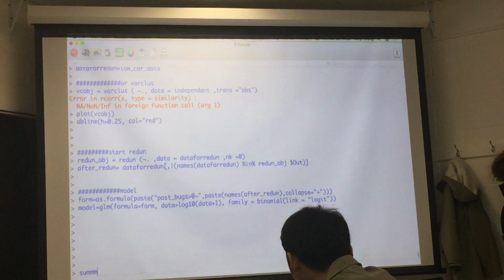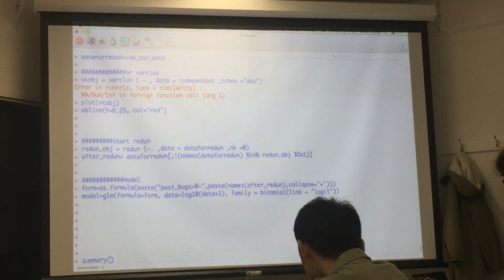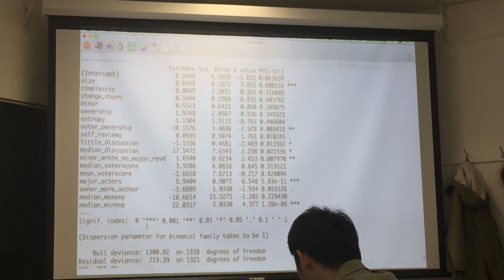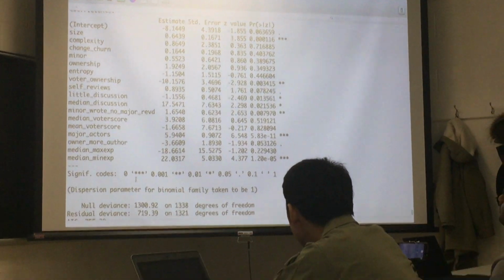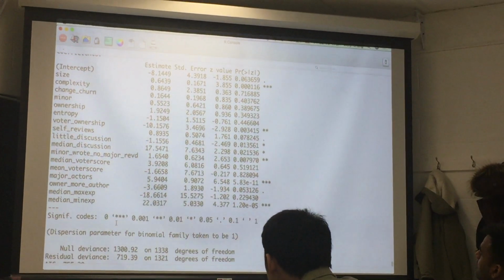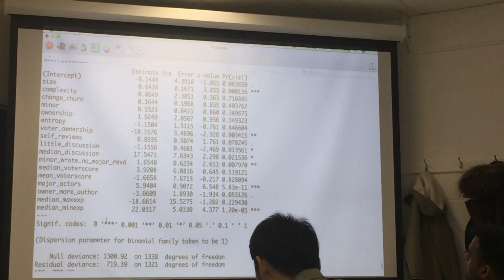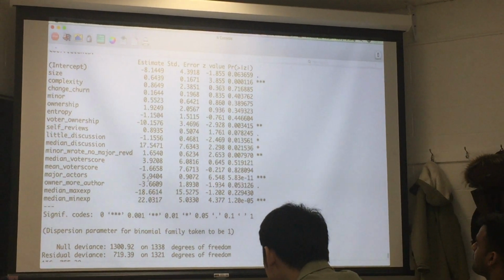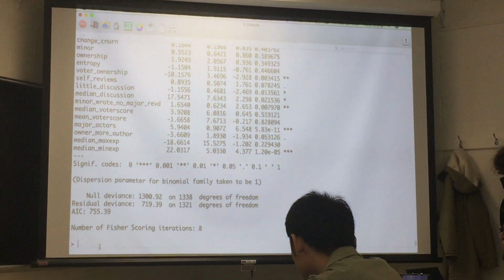Okay, so now we have a model. Right, so this is the model. But then this is not the final model, right? So remember, at this model we need to remove all the metrics that are not significant. So basically,